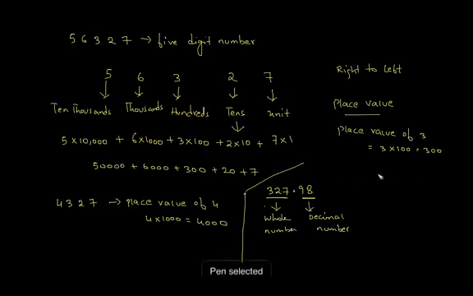See, 3 into 100 plus 2 into 10 plus 7 into 1, because we have only 3 digits: unit digit, tens digit, hundreds digit. After the decimal point, it should be 1/10, right? 9 by 10 plus 8 by, sorry,